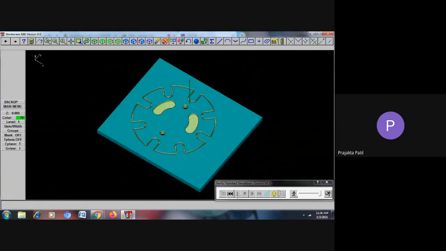So this is how you get the simulation done. So you have the contouring completed. This is the pocketing with 4 mm depth, and these are the holes that are drilled, which are through holes along the depth thickness of this particular slab. Okay, so this is how you have to perform this exercise.